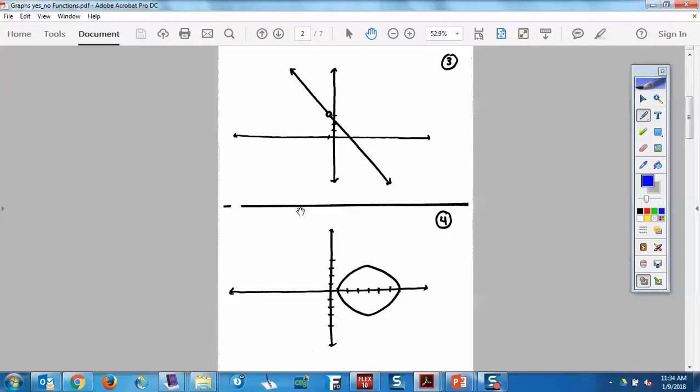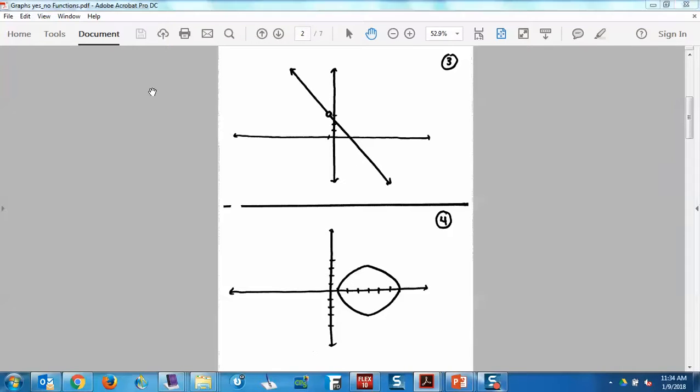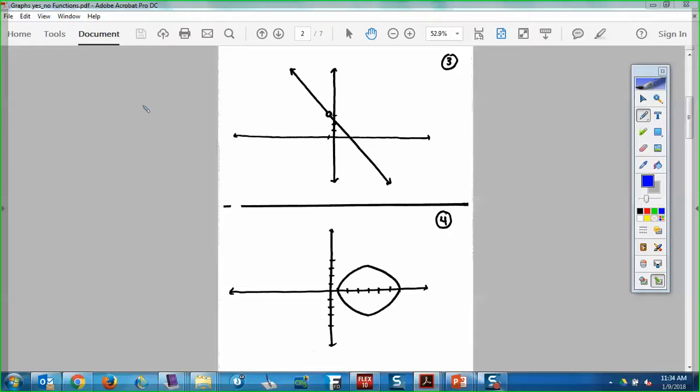Yes. 4? No. Domain on 3? It's not all reals. The hole right there. Does -1 have a y value? -1 does not have an output. There's a hole there. Okay, and you say, what kind of graph would have a hole in it like that? Well, this particular graph right here,